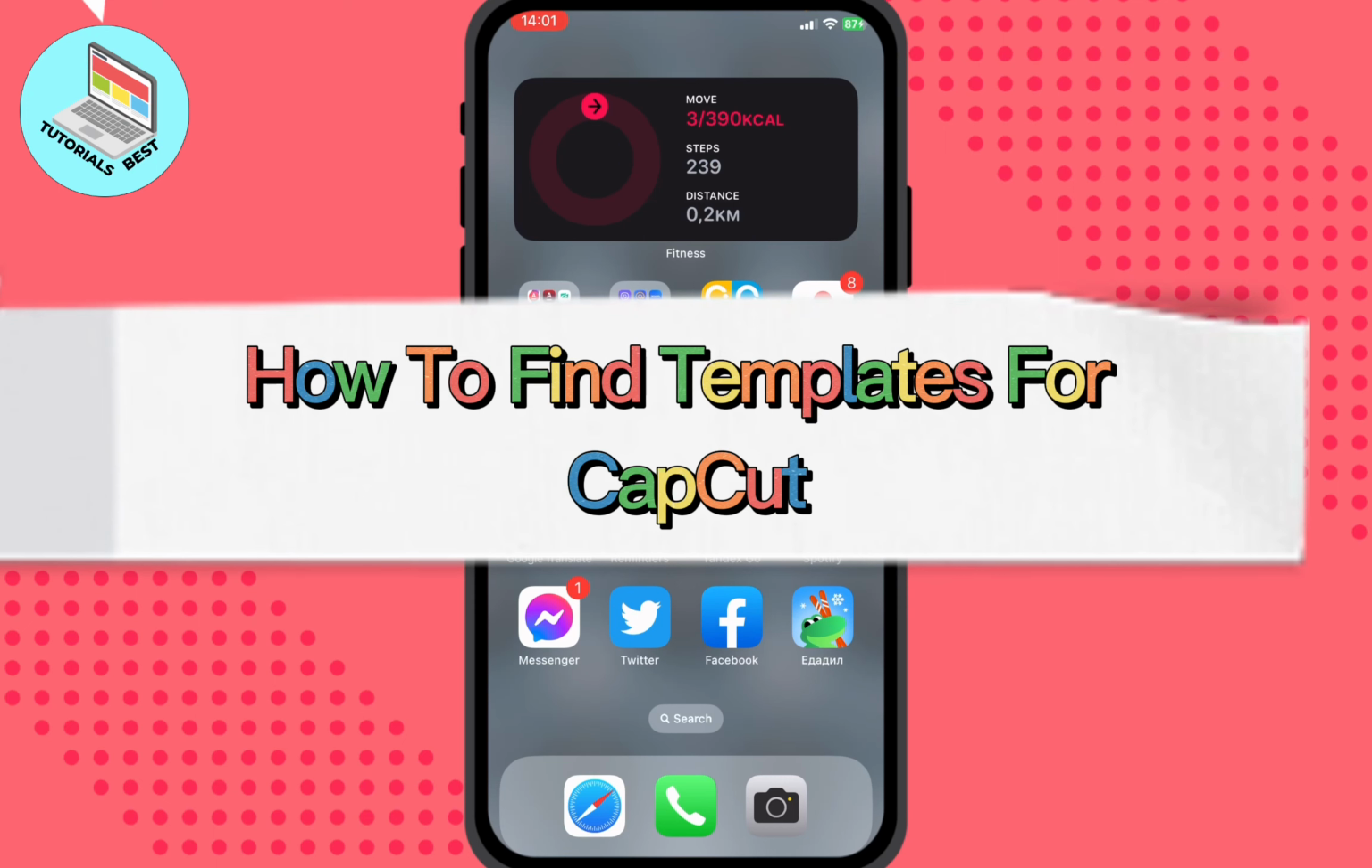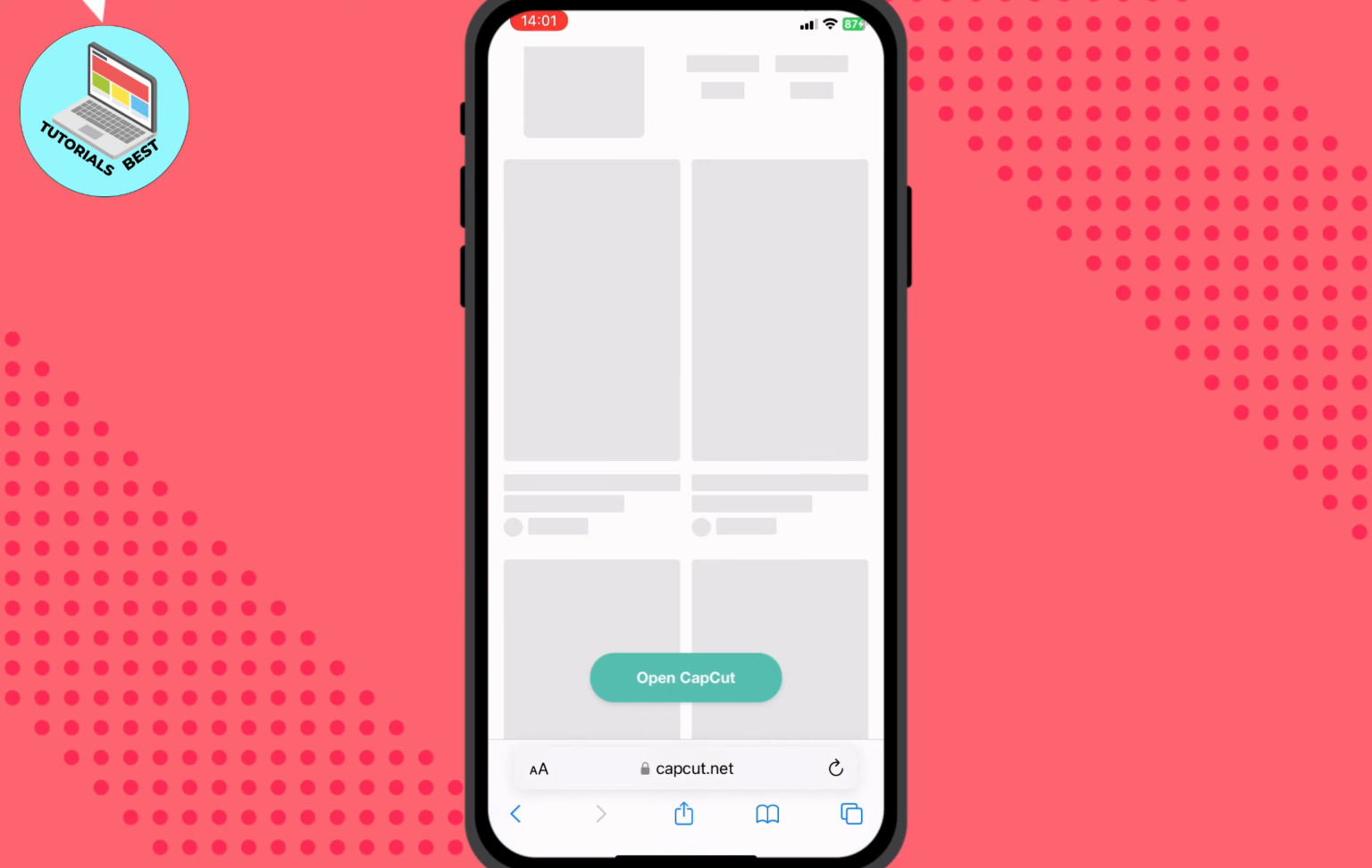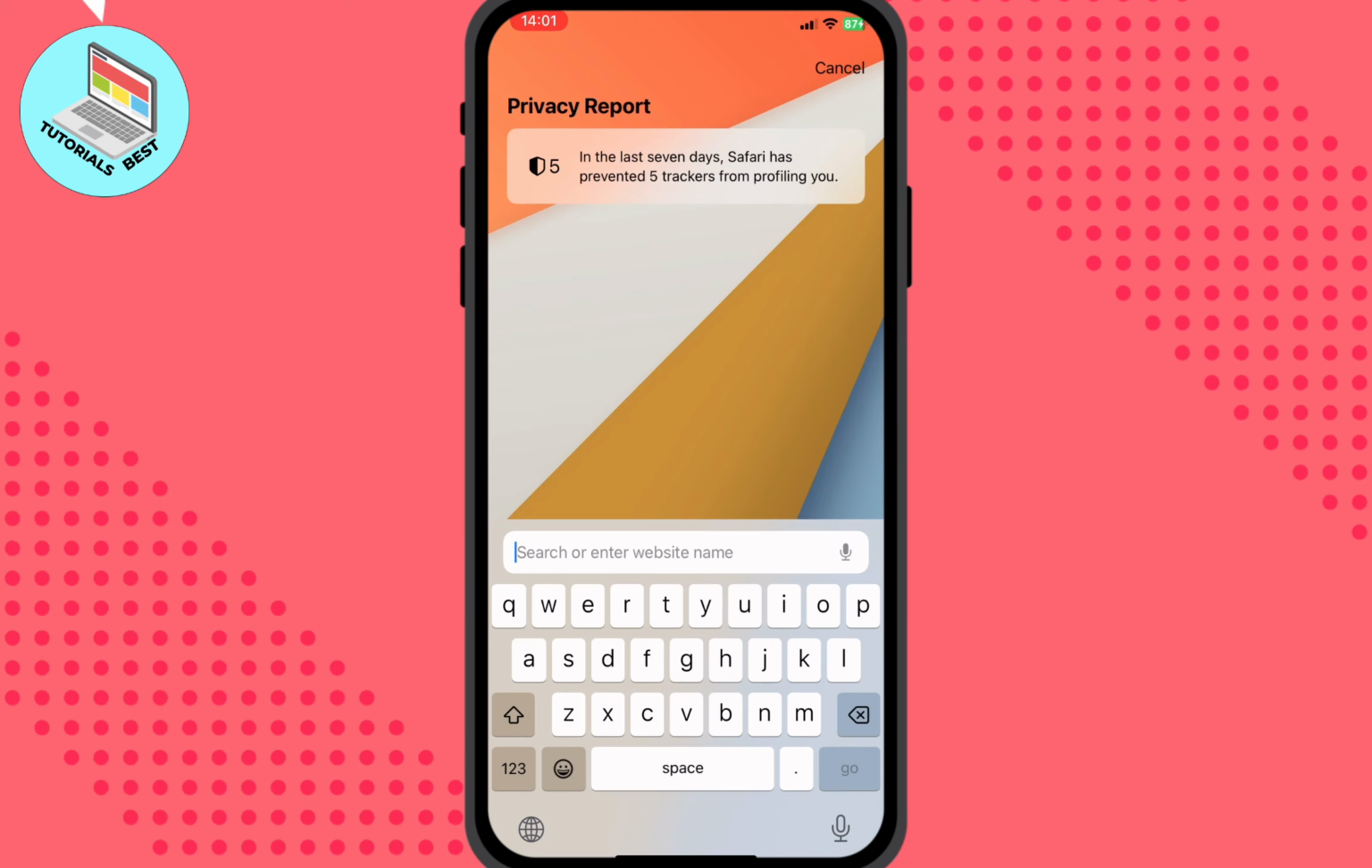In this video, I'm going to show you how to find templates for CapCut. Basically, it's pretty easy. I will show you two ways how you can do this. So just follow the steps I do. So the first way we can do is just to open our browser, any browser we want, and then just